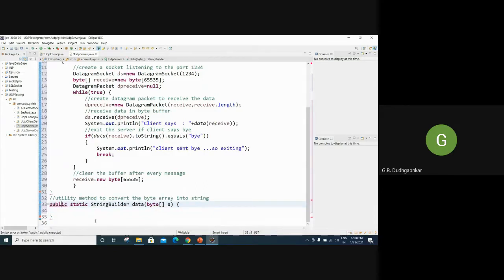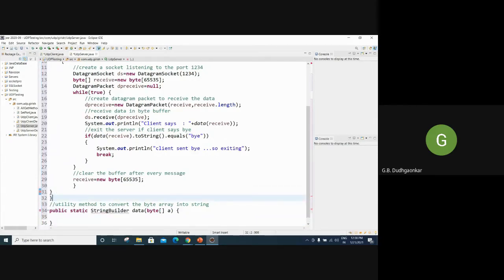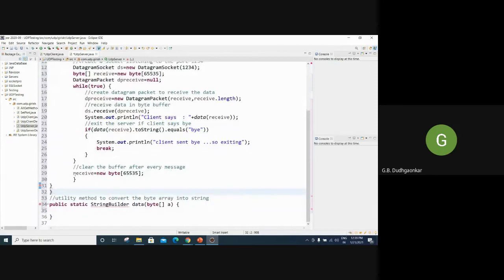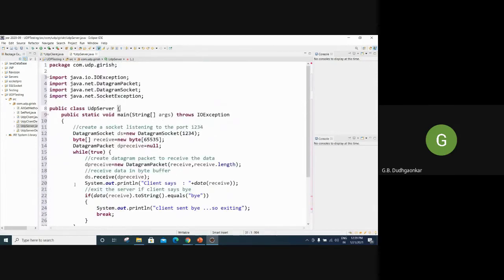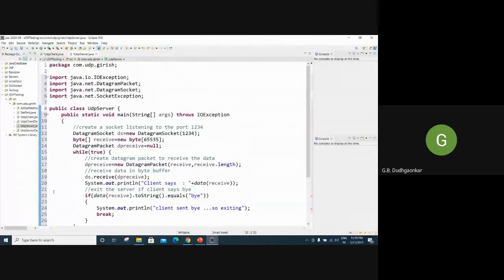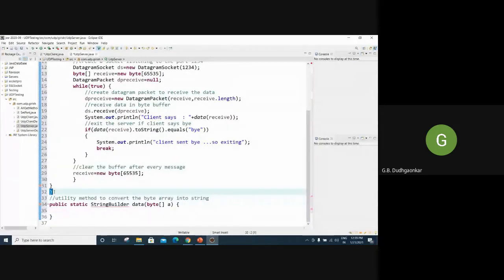Public static string builder data. If a is equal to null, return null.